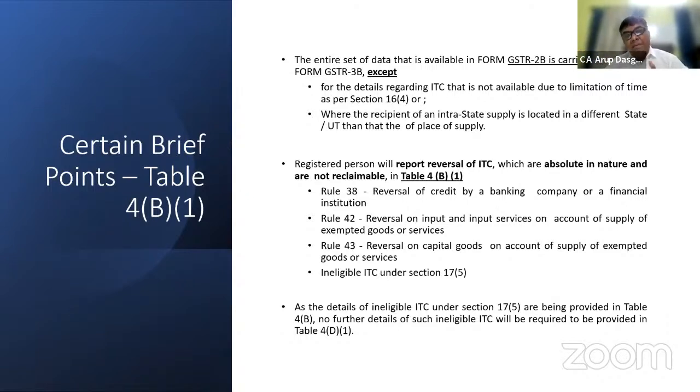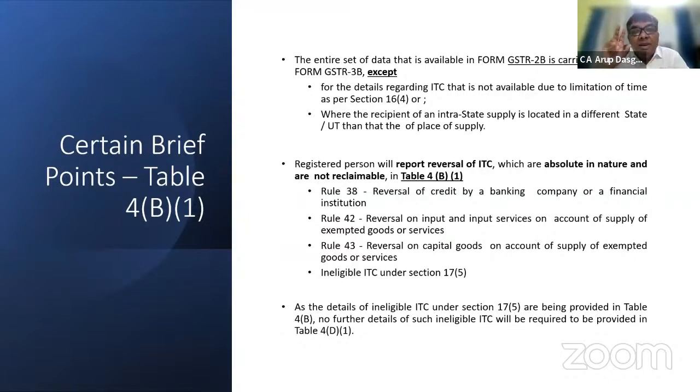सेकेंड, जहां पे पीओएस डिफरेंट है, जैसे कि मैं रहता हूं वेस्ट बंगाल में, बट मैं घूमने गया था ड्यूरिंग वेकेशंस टू मे बी महाराष्ट्र, और वहां पे जाके मैं किसी होटल पे रुका हूँ या फिर और कुछ सर्विसेज मैंने लिया है जिसपे कि सीजीएसटी एसजीएसटी महाराष्ट्र का लगता है बेस्ड ऑन प्लेस ऑफ सप्लाई इन महाराष्ट्र। तो फिर क्योंकि वो टैक्स सीजीएसटी एसजीएसटी रिलेटेड टू प्लेस ऑफ सप्लाई महाराष्ट्र है, वो मेरे एलिजिबल क्रेडिट में नहीं दिखेगा। सो फॉर द सेक ऑफ क्लैरिटी आई एम जस्ट रिपीटिंग इट।